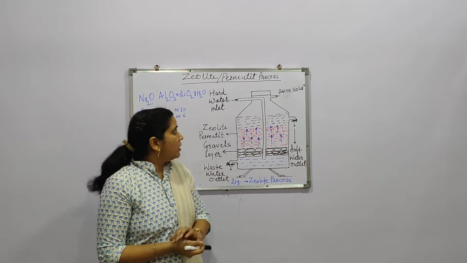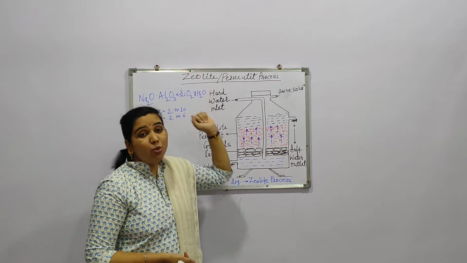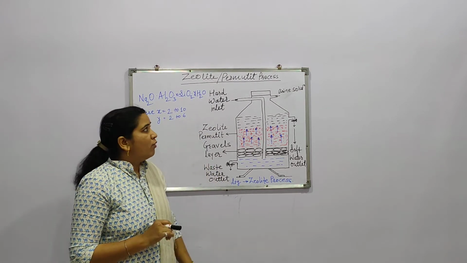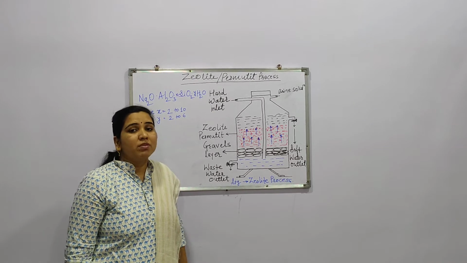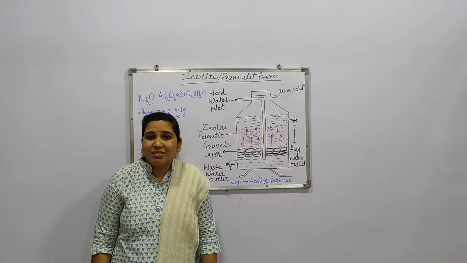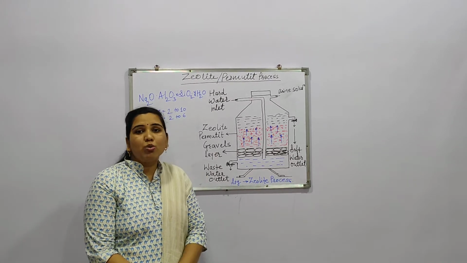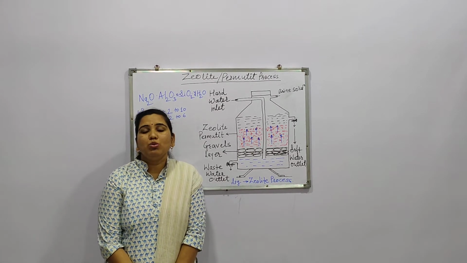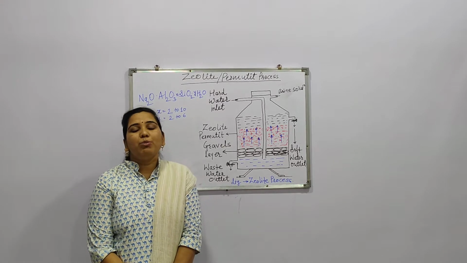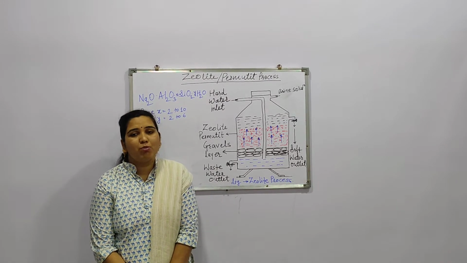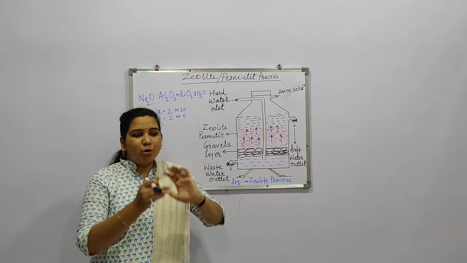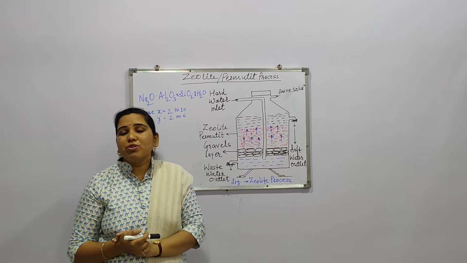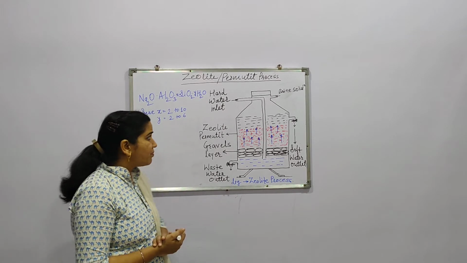Now we will come to know what the zeolite process is. Zeolite, or permutit, particularly named zeolite, means a boiling stone which had been used long ago for the purpose of filtration of water. Nowadays, at the large industrial level, this zeolite process is used for cleaning water, for removing different types of impurities from water, particularly for making hard water soft. So it is one of the processes for the softening of water.